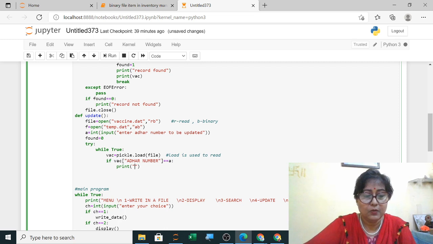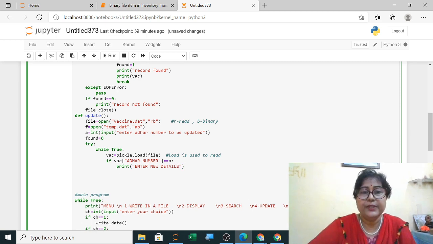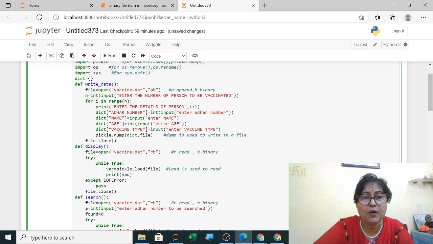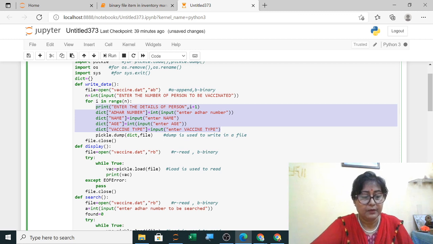Enter new details. When you are entering the new details, it is the same as writing, so I am simply copying from here, as all this will be the same.